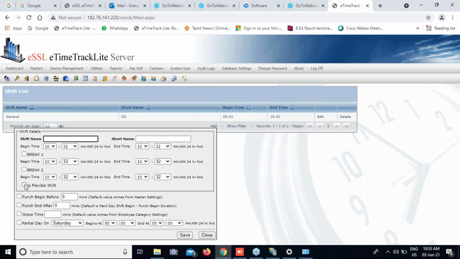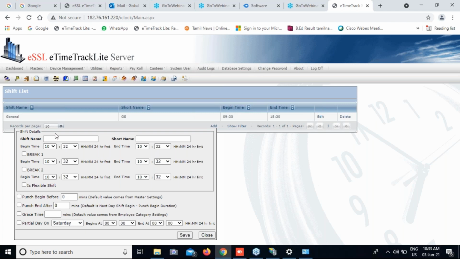If we click flexible shift, begin time and end time can be given, and in between them employees can come and punch at any time and punch out at any time. Based on that, it will show only the work duration.